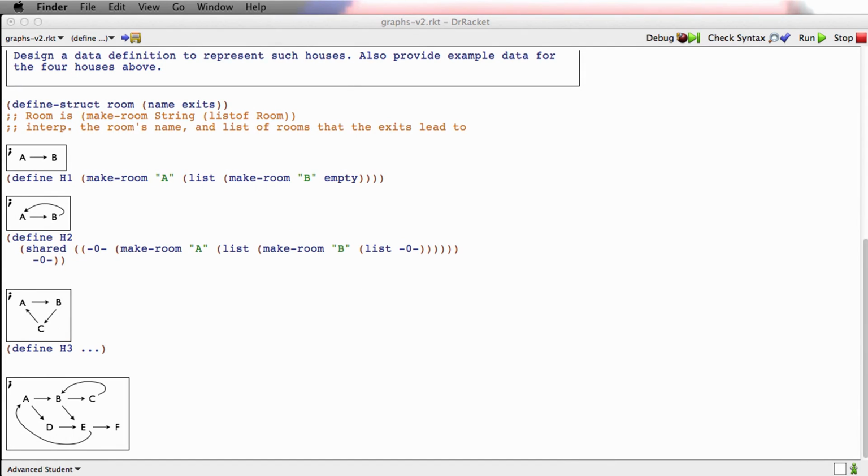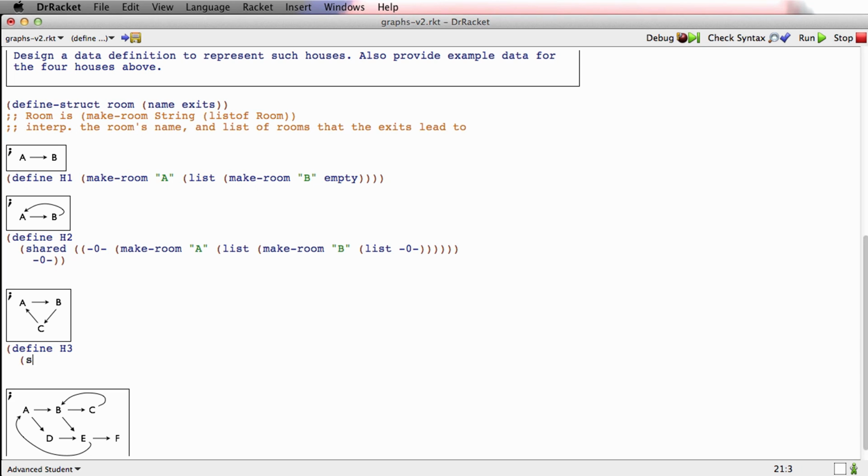I hope you came up with your answer to the problem of writing an expression that would produce this graph of ABC. I want to talk about this now for a minute because there's actually at least two ways to do it. The first way would be to adopt pretty much the same style we used in the H2 case, which would be to just say shared,